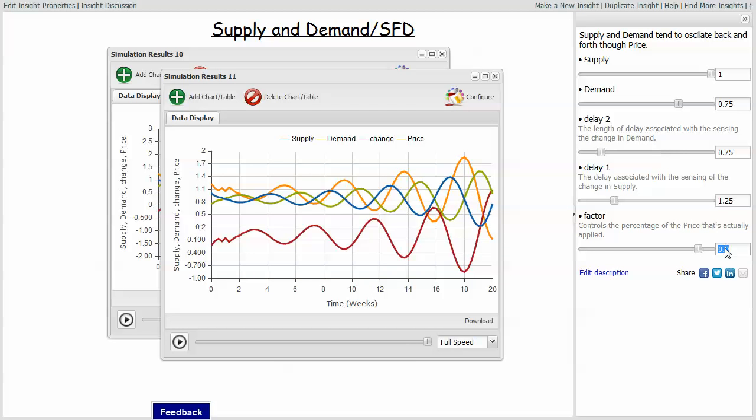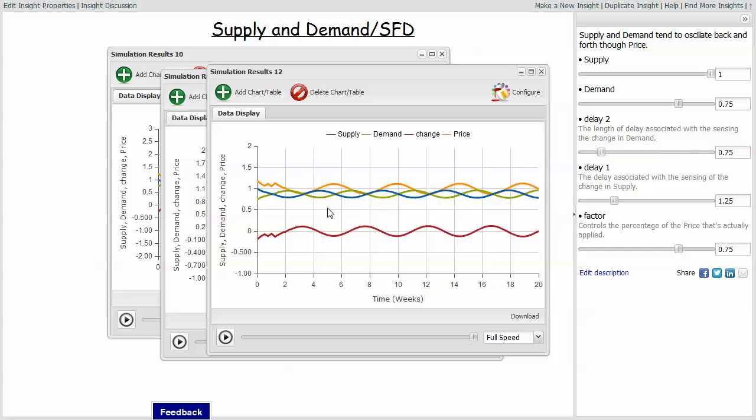If we change this to 75% and run it again, you notice that the model is now sort of oscillating back and forth at the same degree on an ongoing basis so that it's relatively stable, and continuing to increase this, you find out that